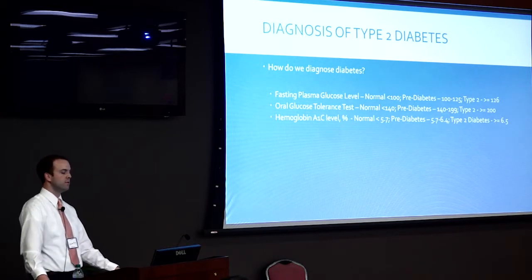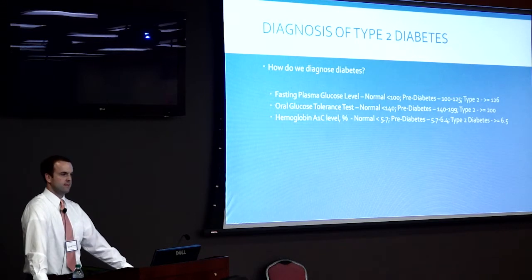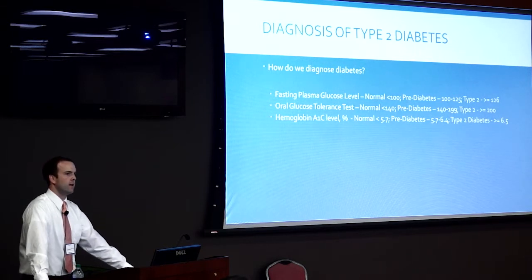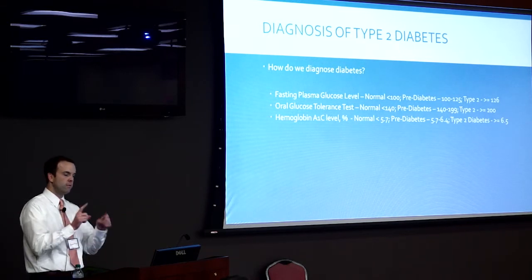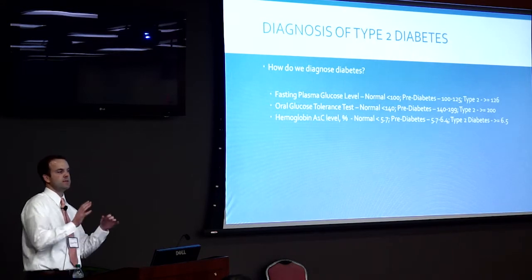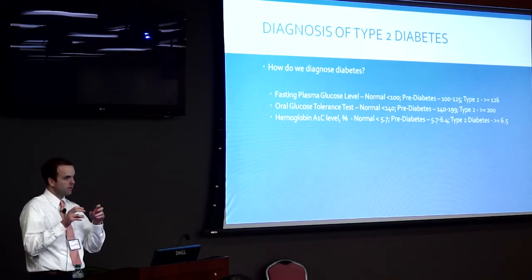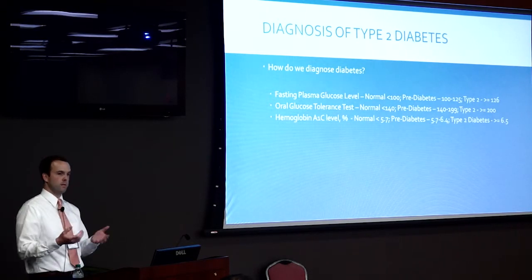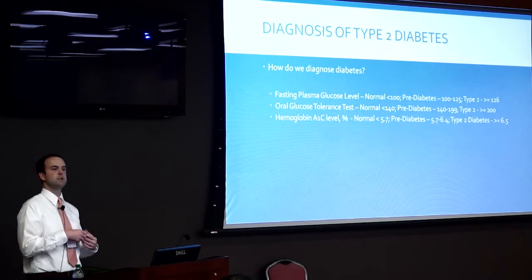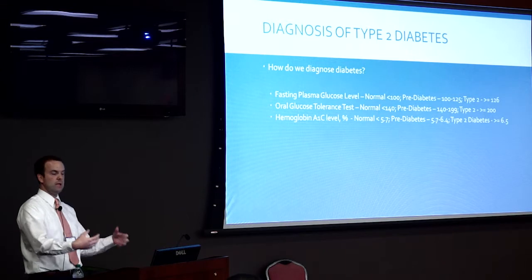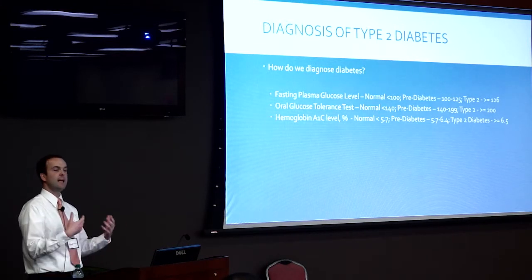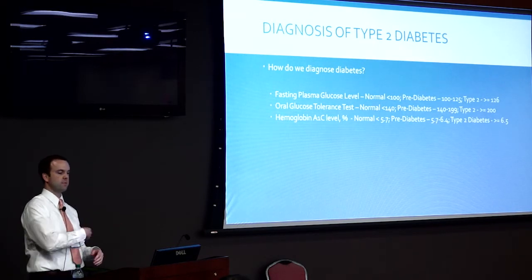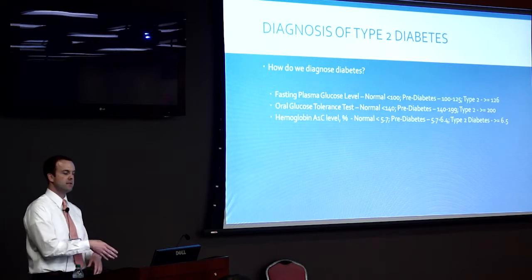And lastly, hemoglobin A1C, which is actually a beautiful test. The reason why it's beautiful is because it doesn't matter if you're fasting or not. So with A1C, you have your red blood cells, and the lifetime of one red blood cell is about 120 days. So the hemoglobin A1C percentage is your average blood sugar within the last 2 to 3 months, right? Inside those little red blood cells, you have hemoglobin, and hemoglobin carries the oxygen to all the cells in your body. Well, if you have a lot of sugar in there at all times, they become glycated. With this blood test, you literally just draw your blood, doesn't matter if you're fasting or whatever, and this is the percentage of glycated hemoglobin inside your blood.